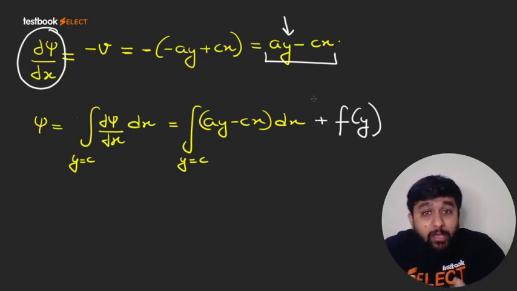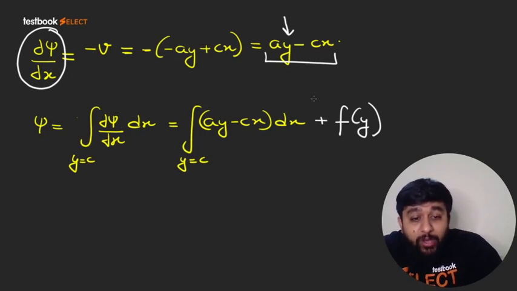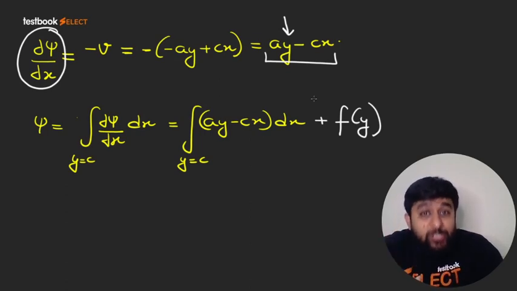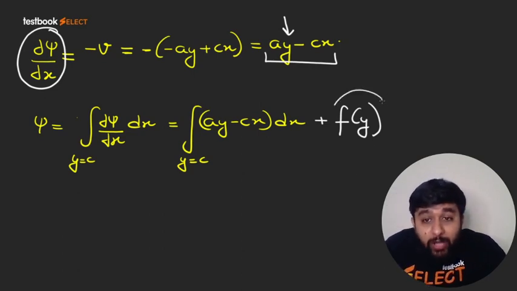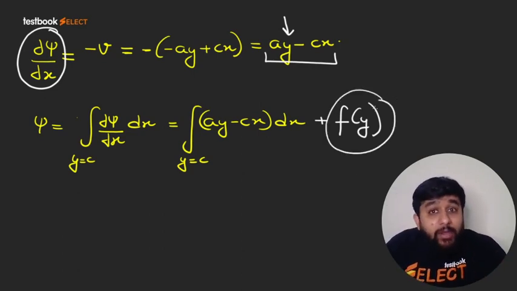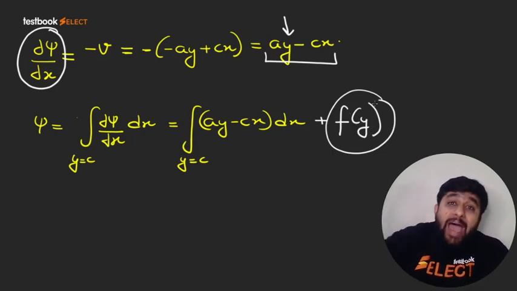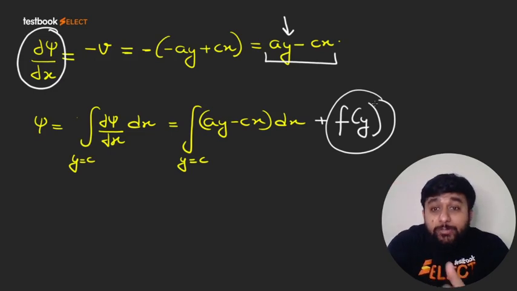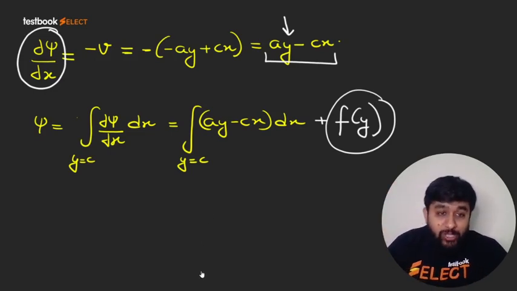We have seen many times that when we do partial differentiation with respect to x, all the terms of y are constant. So if this term is constant, and it is in addition, during differentiation it will become 0. But once we go back and integrate again, this thing will again come into picture.